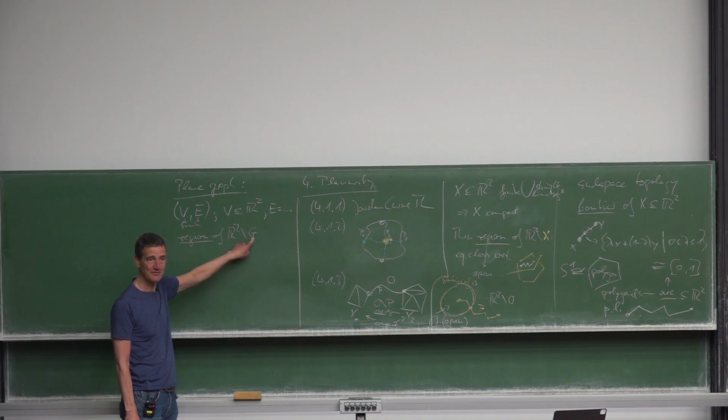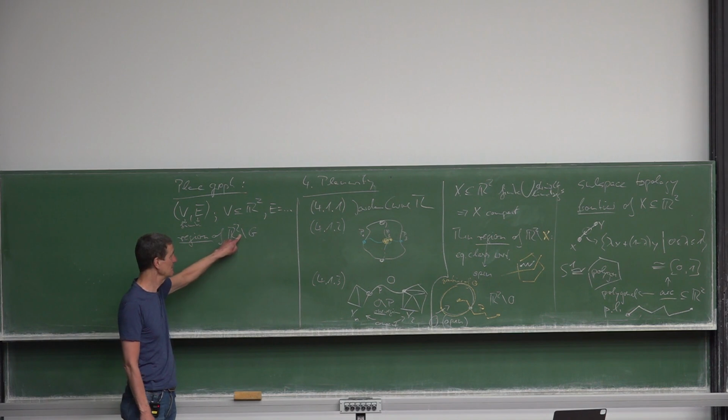When I want G to mean a graph, then I write minus. So whenever you see the backslash,